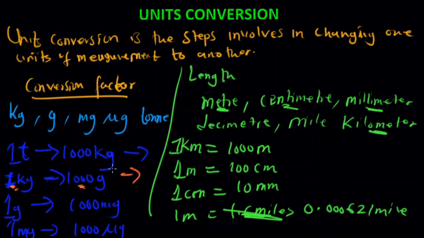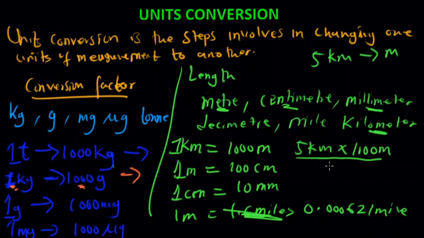Good. So as we just did for this one, when you want to convert from one to the other, just look at it. In this case, we have 5 kilometer, and we are converting to meter. So we have 5 kilometer times, let's look at the conversion factor. 1 kilometer is equal to 1000 meters. So 5 of it will give you what? 1000 meters, all divided by 1 kilometer. So this will cancel this, and our answer will be 5000